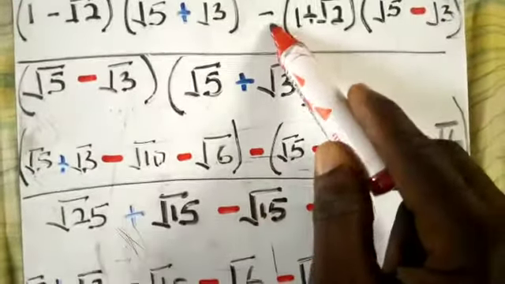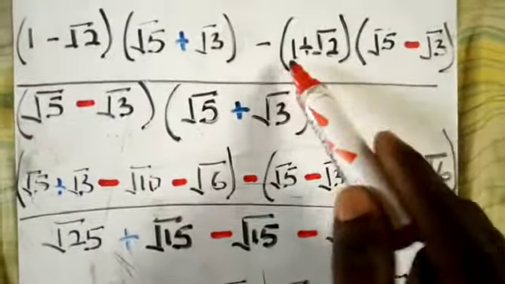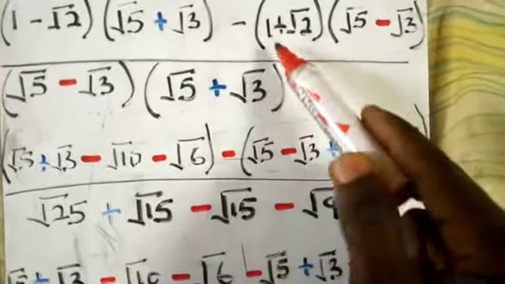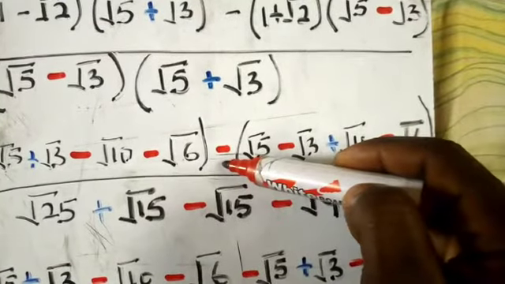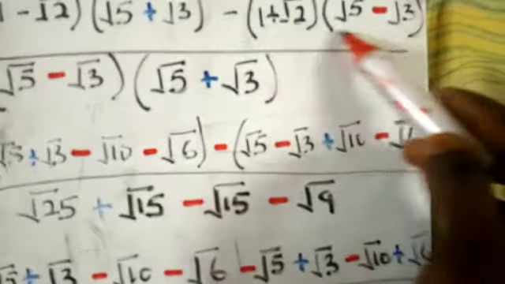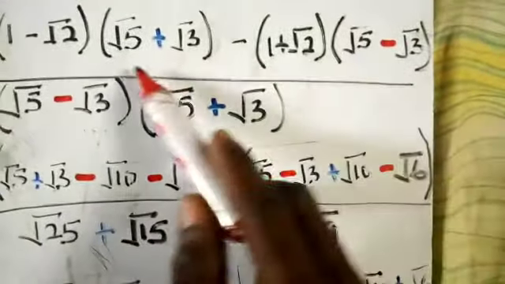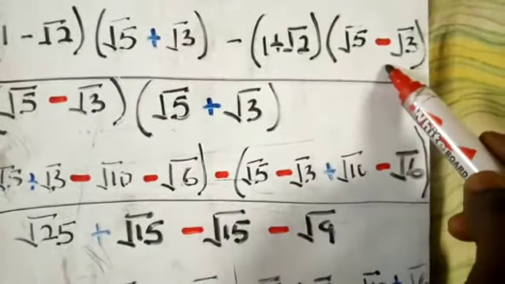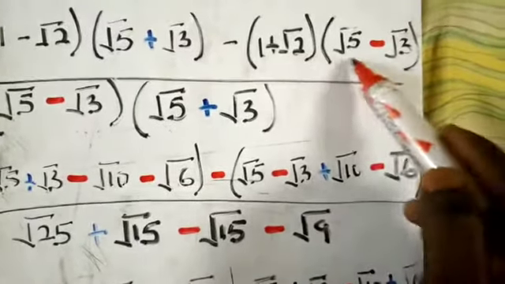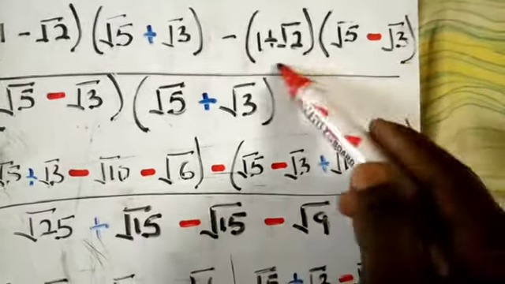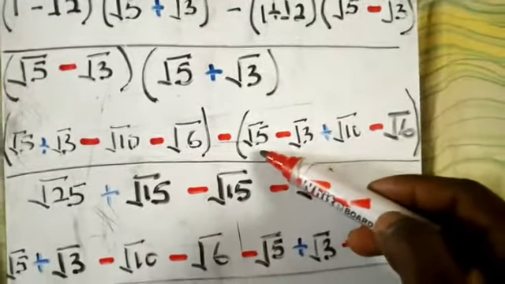Now we are having minus being separated by the two numbers at the top here. So here is the minus over here. Then I have to put the second one into bracket to avoid any mistake of minus and the positive. So let's multiply the second bracket. Of course, the way I multiply the first one, that's the same way you have to multiply the second one. So this one is going to multiply everything, and then the root 2 also multiply everything in the second bracket. Is that okay? So when you multiply perfectly, you arrive at